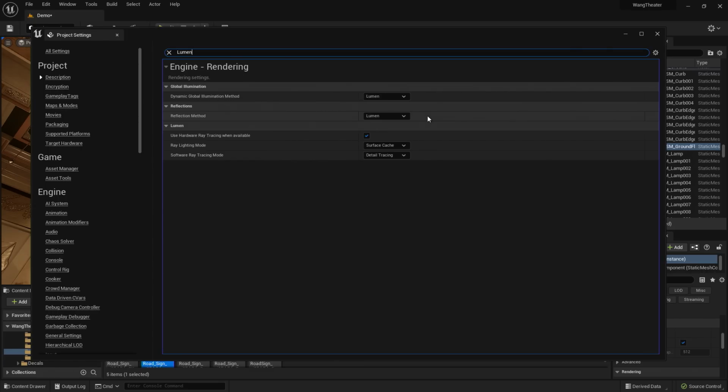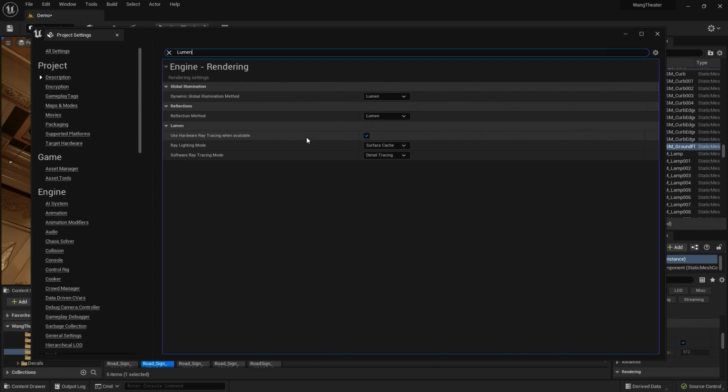Now down underneath where it says Lumen, you'll see that you have the ability to use hardware ray tracing when available. So you can check this box if you have a DXR graphics card. This is going to provide a little extra support for lighting calculations. So I'll showcase that here in a minute.